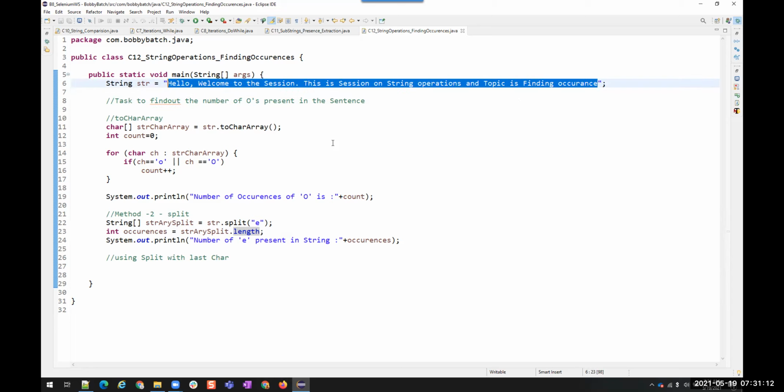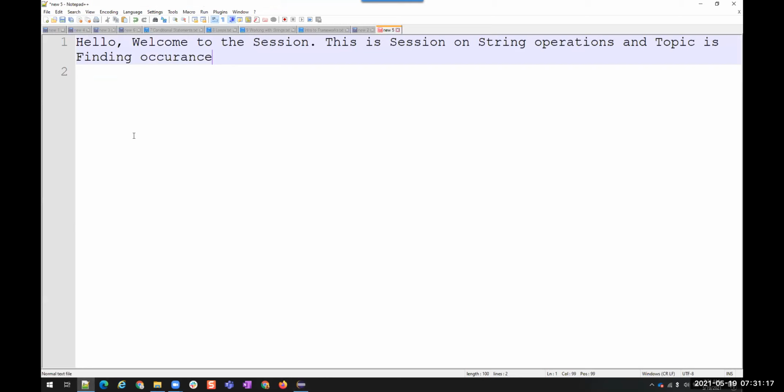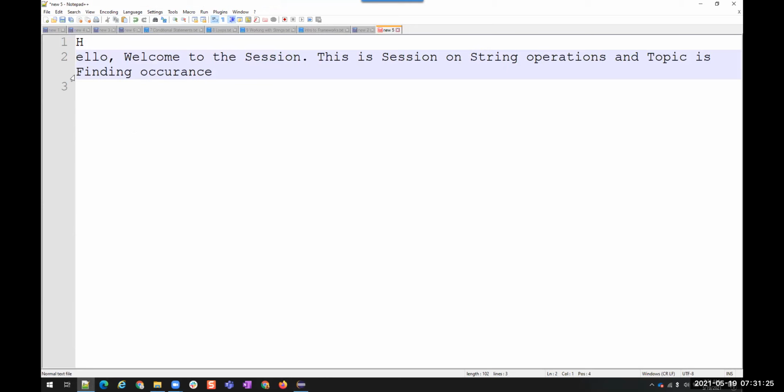I'll show you again. I'll copy this and paste it here. Now we have to split this sentence with the help of E. Whatever is before E will be in the first position, and whatever is after E will be in the second position. Now it will again search for E's.